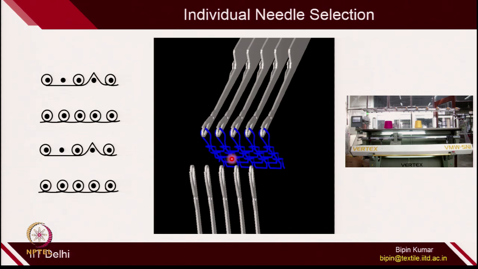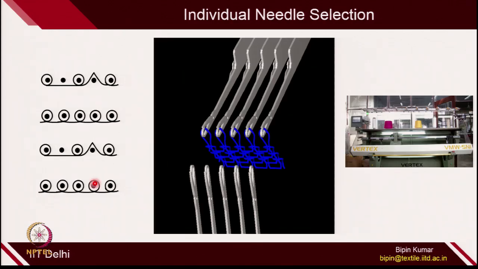Okay. Now the most important one is the individual needle selection. So you have seen in a manual machine or single bed machine, which we demonstrated in lab demo 1 and lab demo 3, where you can set the needles in loop position, tuck position and float position. So all the needles of a particular bed will do only one operation at a time in an entire course. But if there is a provision of individual needle selection, you can choose whatever stitch you want to create in any particular needle, and then there will be unlimited design possibilities.